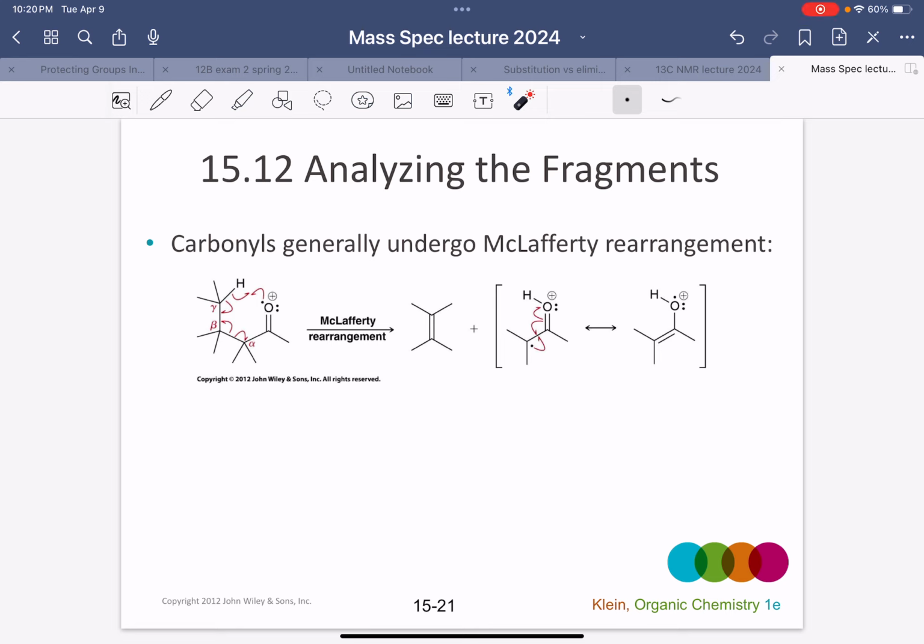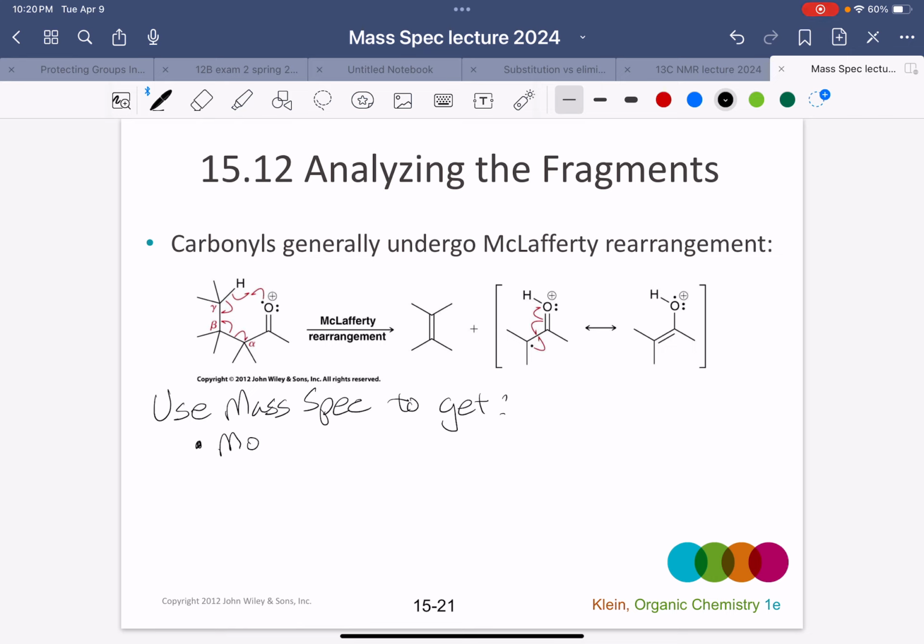There are a variety of other rearrangements that can occur as well, but they're beyond the scope of this course. But really, the take-home message is we're going to use mass spec to get